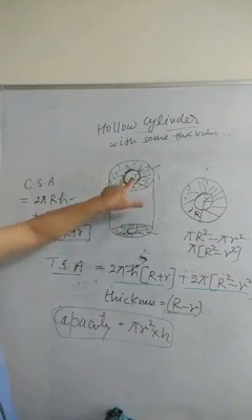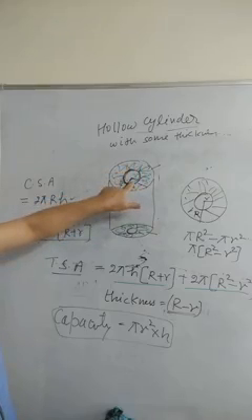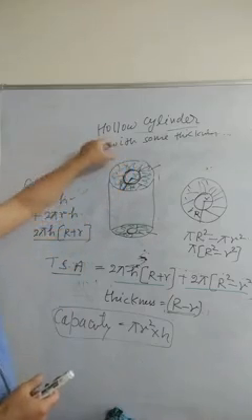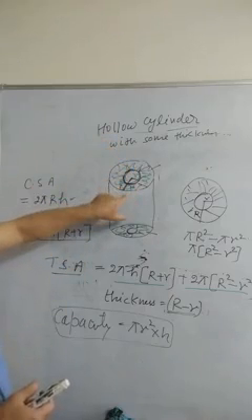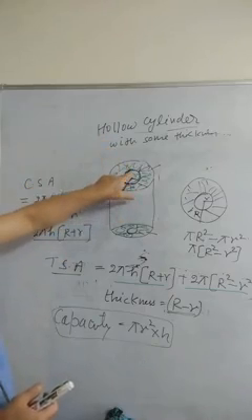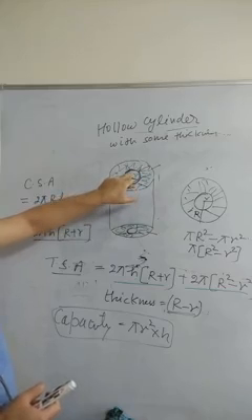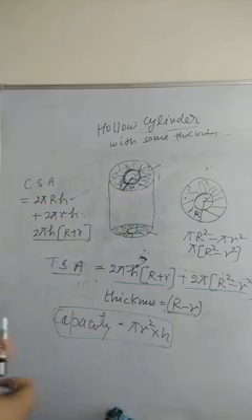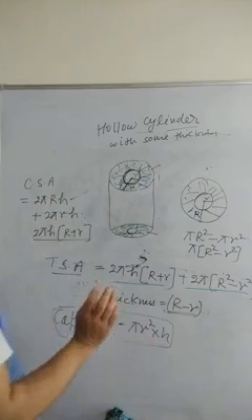Why have I taken small r? This small r I have taken because this part you cannot fill anything. Whatever liquid you are filling, right? Because in the question they may ask you, there is a cylinder with some thickness, a liquid is filled inside it. Find the volume of the liquid. So the volume of this liquid will be equal to the capacity of this. Capacity of it. Got it?